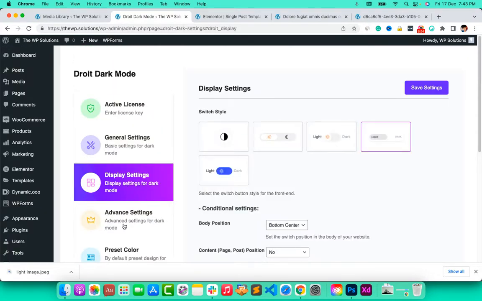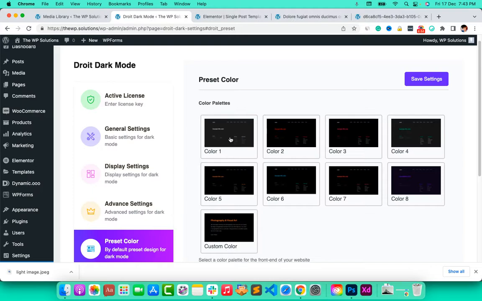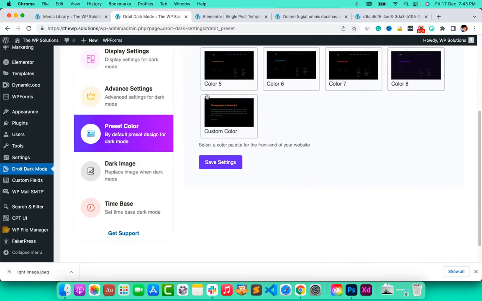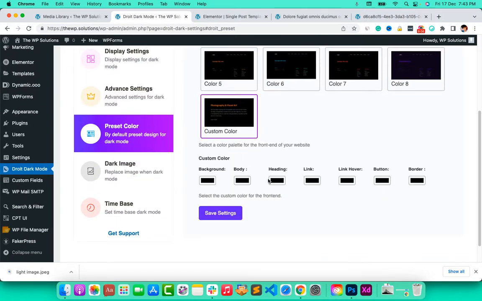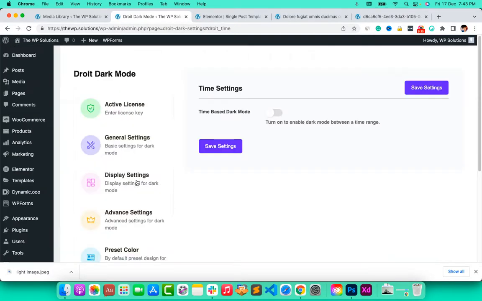And you have some preset colors. By default it gives you color 1, that is white and black. You can make it red, green, a little bit blue, violet, orange, and all that. You can also set some custom colors, and you can change it for dark mode. And this was dark image, and this is time based settings.